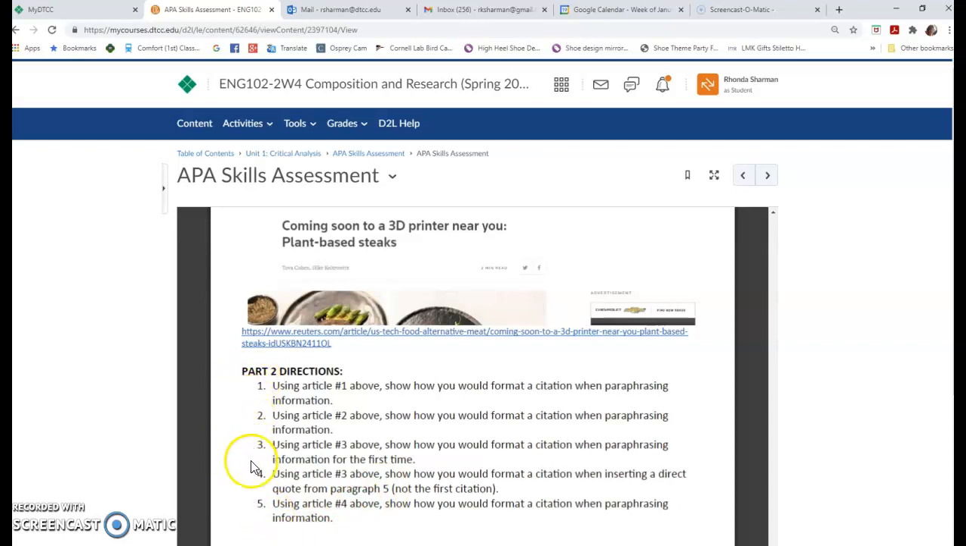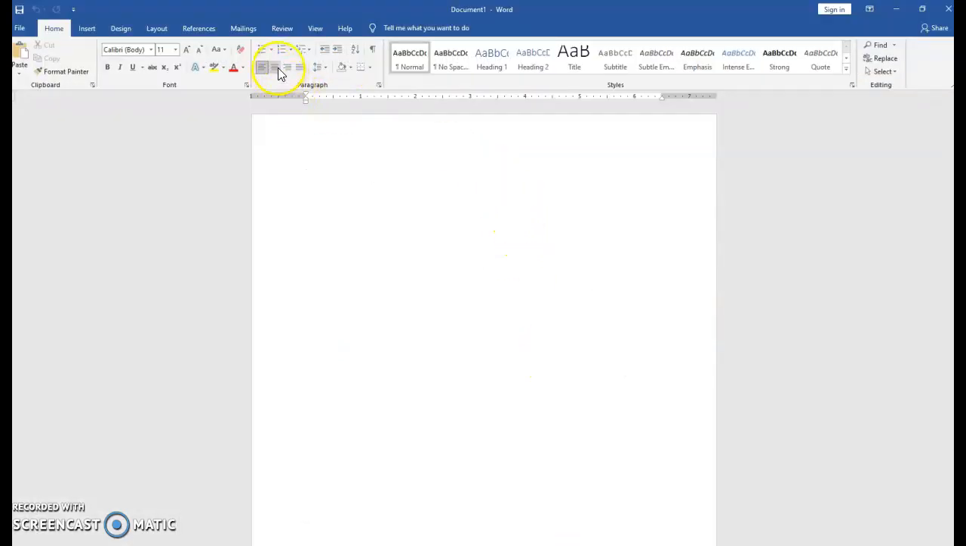And there are 5 different scenarios given, and what you'll be providing in this part is a parenthetical citation to show how you would cite that particular article in that particular scenario. So to set up this assignment, you're going to create a references page. So it will look just like a references page with